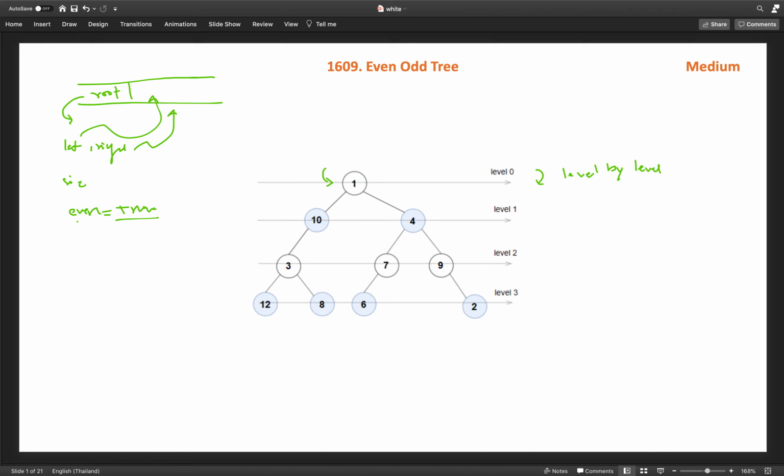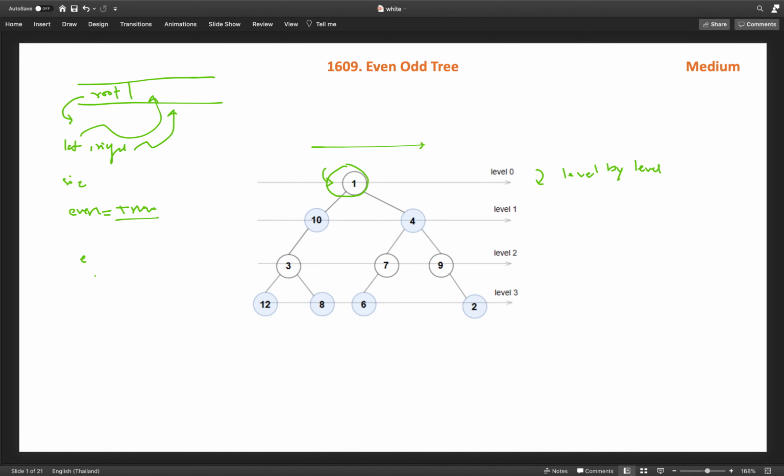For this level we have to find out whether all the node values are odd, as the first condition. If any node value is even, then we return false straightaway. We check the node value here, and also that the node values are strictly increasing from left to right for the even level nodes.